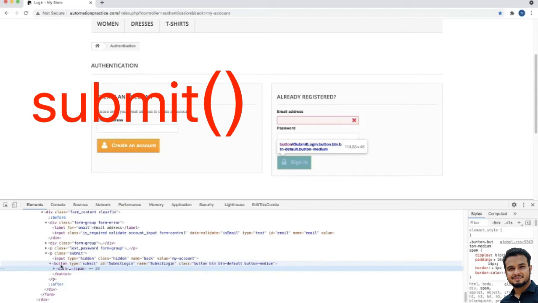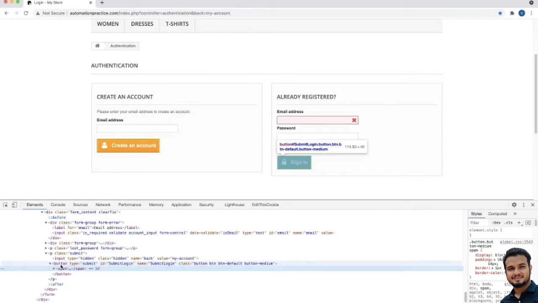HTML should start with a button. So the submit method is used to click a button on a web page. Selenium WebDriver has a submit method to submit any form. We can also use the click method to click on any button. There is no restriction for click button.